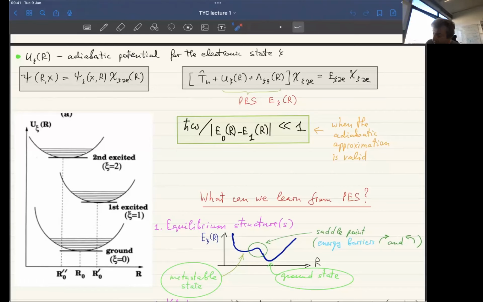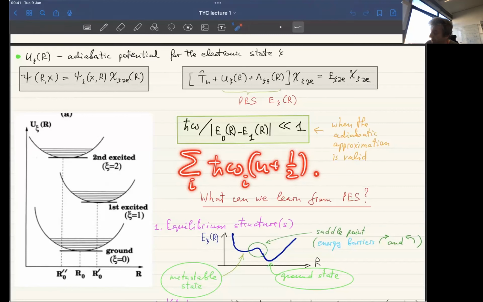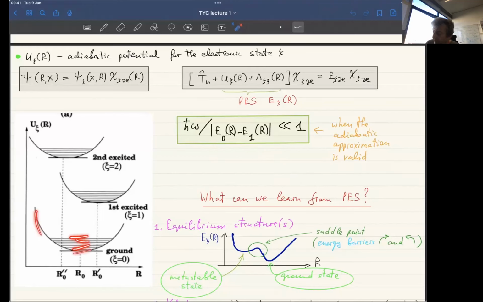Therefore you will take the energy of the electrons at the minimum of the potential energy surface plus energies of these harmonic oscillators, which would go up like this. You remember, for a single harmonic oscillator, the energy is like that, where n is the quantum number. But you may have here not one but many harmonic oscillators, so you have a sum over these different harmonic oscillators, and this would give you these discrete energy levels, which would fill up this parabola from the bottom